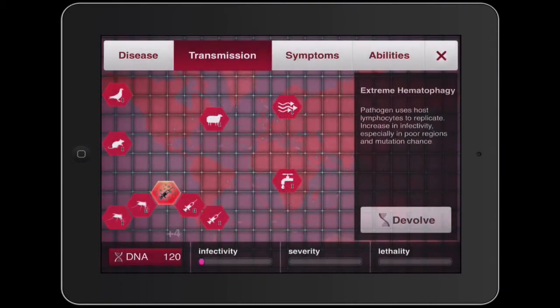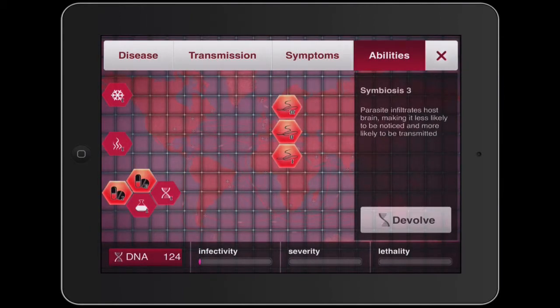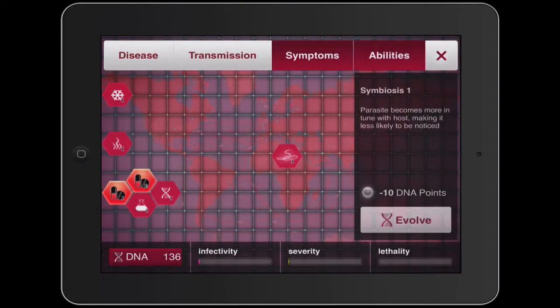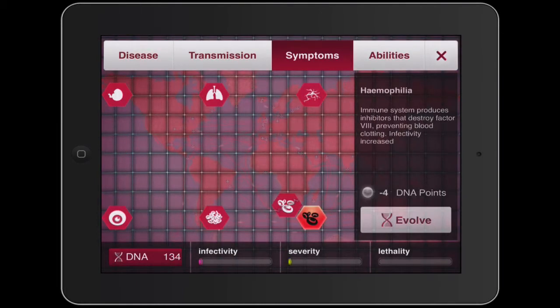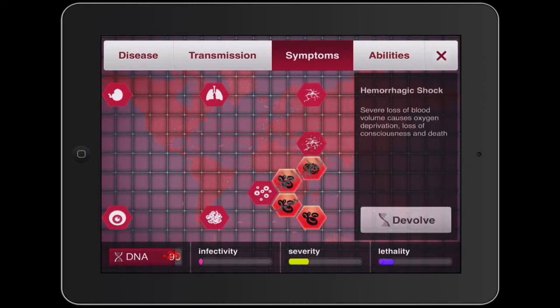Just because that's 4 points each time, and that's actually a lot we can do with. Less likely to be noticed. I'm actually not as concerned about that now. It can be noticed because it's going to be destroying everything. Drug resistance is always good to keep, and now anemia, hemophilia, internal hemorrhaging, hemorrhagic shock,